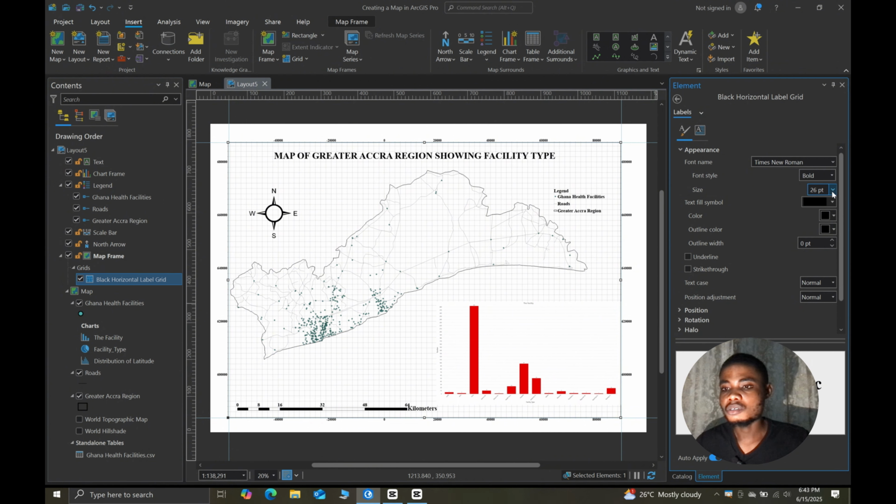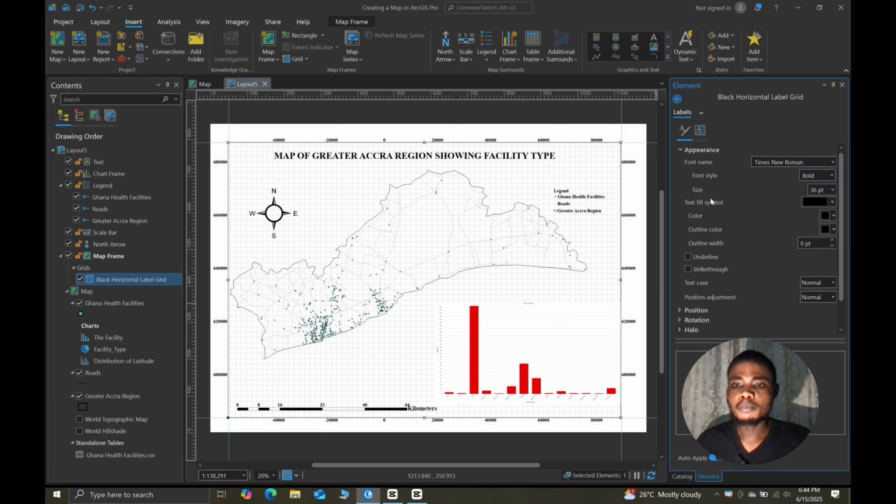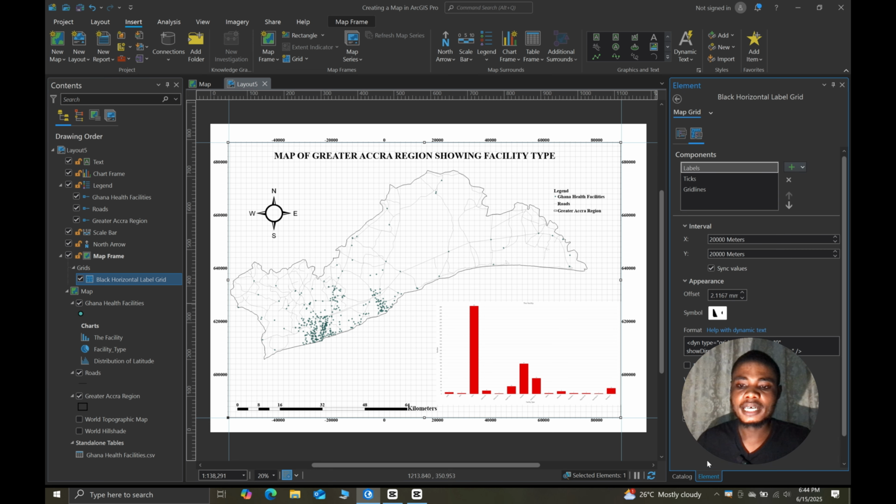Okay, 26 is also okay. Let's go to 36. 36 is appearing much better now. So we would go back to what we were doing earlier on, and then you see this option, draw parallel